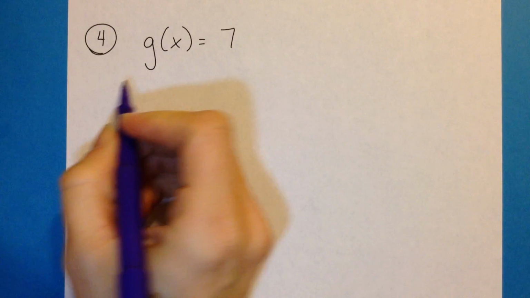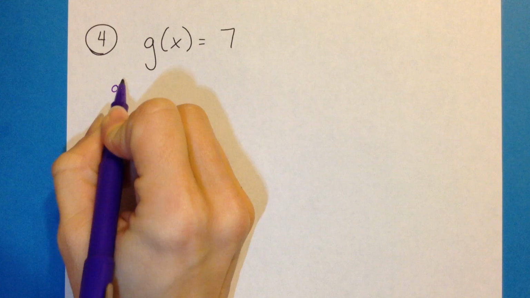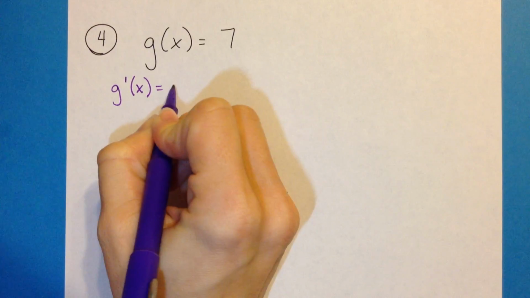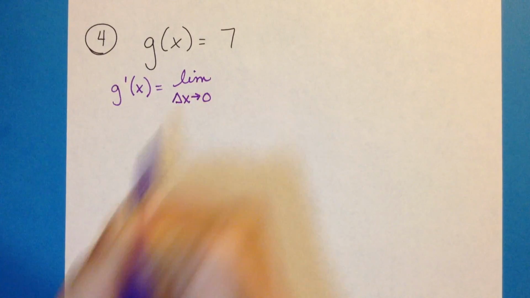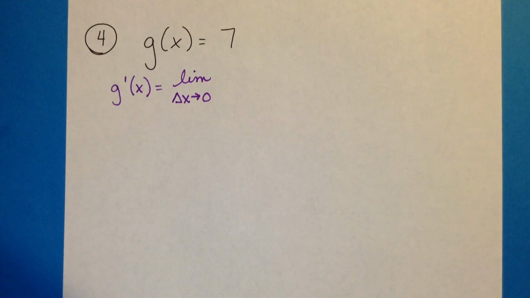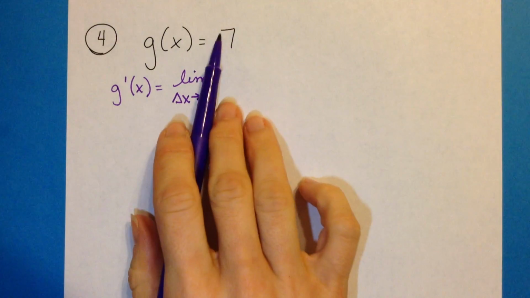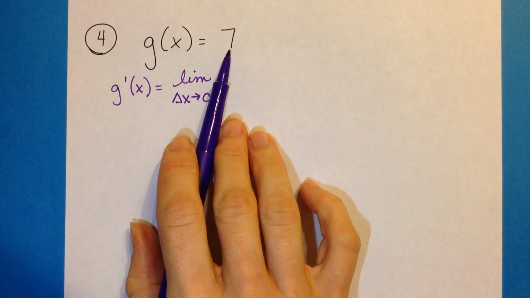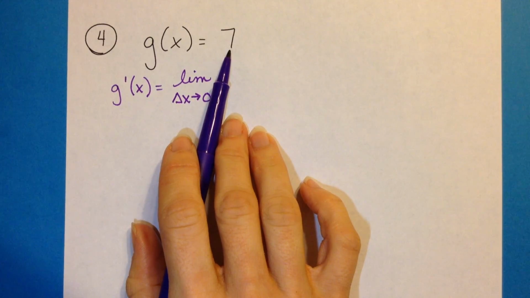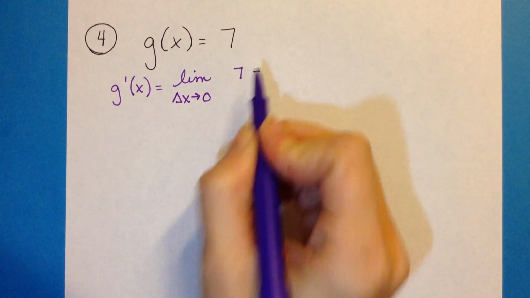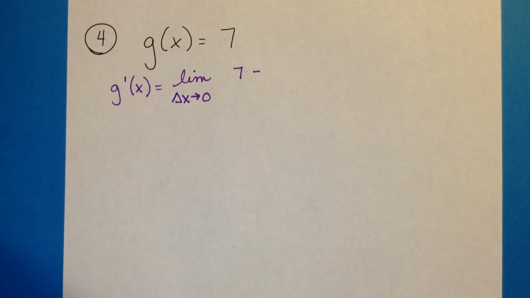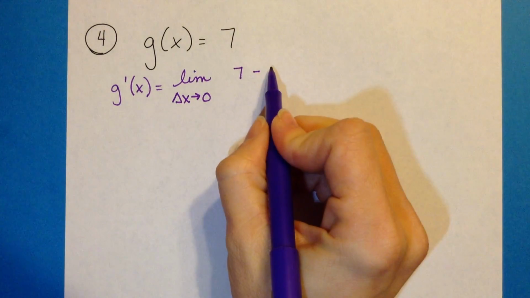Okay, so we'll have g prime of x. Now remember, your first step is to substitute x plus delta x into the function for x. But since this function doesn't contain an x, there is nowhere to substitute the x plus delta x, therefore that's just 7. Okay, then you're supposed to subtract the function, which your function is just 7,